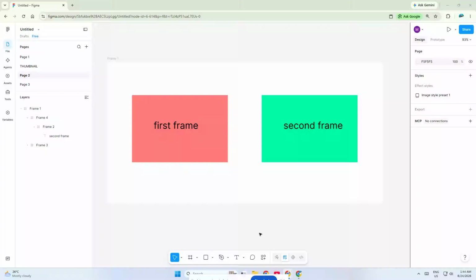If you want to make your Figma prototype feel interactive, one of the most important skills to learn is how to connect frames in Figma. This is what turns static designs into clickable experiences that let you move from one screen to another. In this video, I'll show you the simple step-by-step process to connect frames, buttons, or any layer to another frame